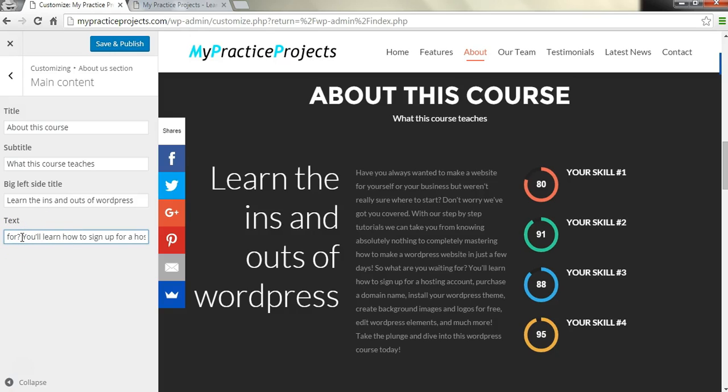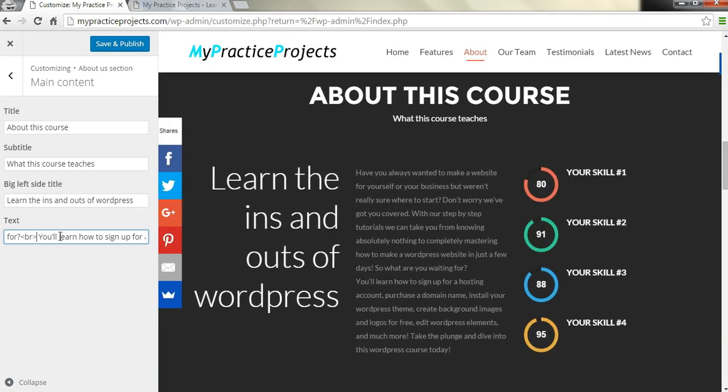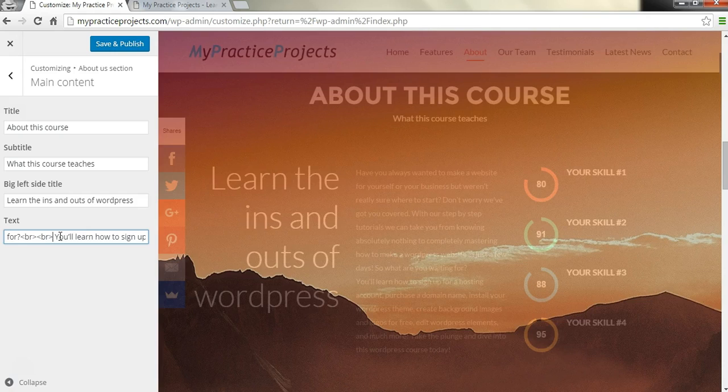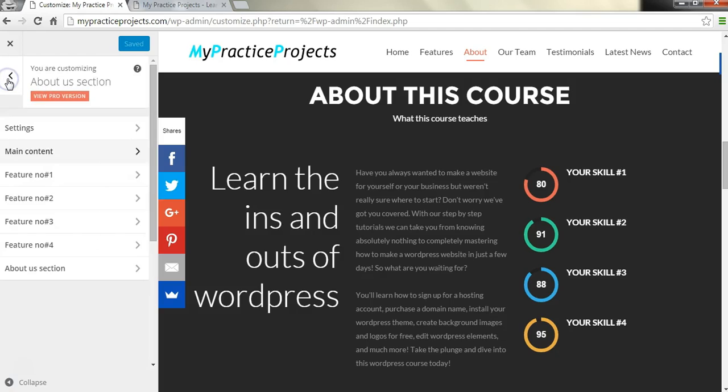Now what I'm going to do, so it's not all bunched together like this in one big section, is put a break, and that's HTML, and that's probably the only HTML we're going to use in this whole course. And now see how it changed the line? We're going to put another break in right here. And we'll watch the change come up, and now there's a space between the 2 paragraph texts. We're going to hit save and publish,